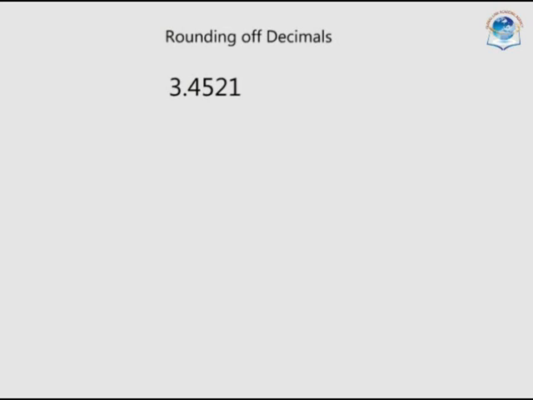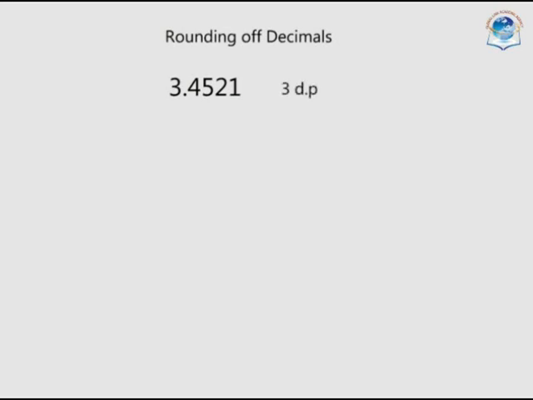Next, rounding off decimals. In the same way whole numbers are rounded off to the nearest tens, hundreds, thousands and so forth, so are decimals rounded to the nearest tenth, hundredth, thousandth and so on. When a number is to be given correct to a specified number of decimal places, you look at the digit in the next decimal place, and if it's less than 5, you round down, and if it is 5 or more, you round up. For example,